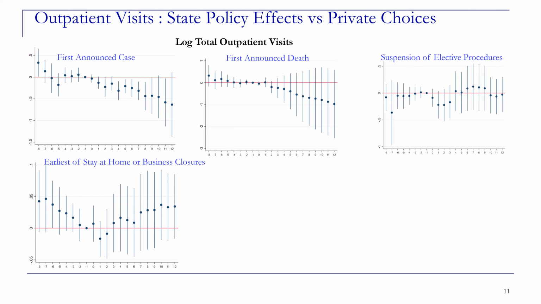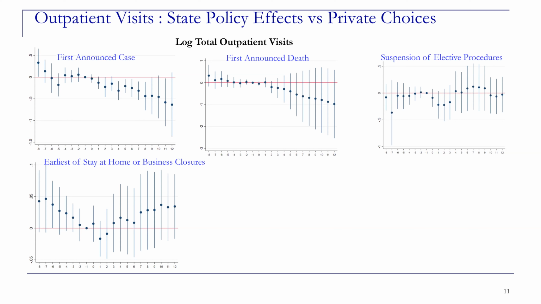So this is the first announced death, first announced case, suspension of elective procedures, and earliest of stay-at-home or business closure. And we will see throughout the presentation that predominantly the only thing that matters is the first case and the first death, and not the explicit suspension of the procedures, or even the stay-at-home orders. For example, mobility decreased in almost all states in the United States, including the 7 that never mentioned the word